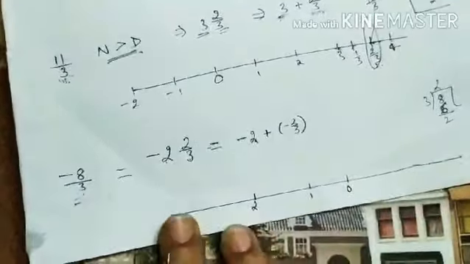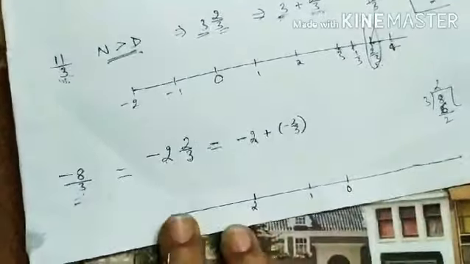Now we'll give this a name, that is 1 by 3. This is 2 by 3, right? This all are in negatives. These all are in negatives here also. So this is minus 2. The whole part is minus 2 and minus 2 से थोड़ा सा ज़्यादा, that is minus 2 by 3. So here it is. You can give a circle, you can give a mark to it. And what is it? It is minus 8 by 3. What is this number? Minus 8 by 3, right?